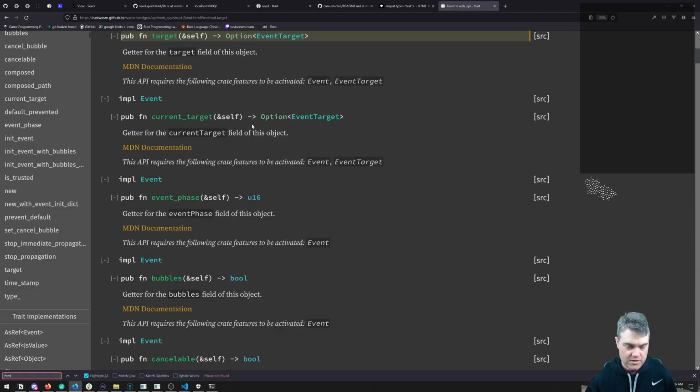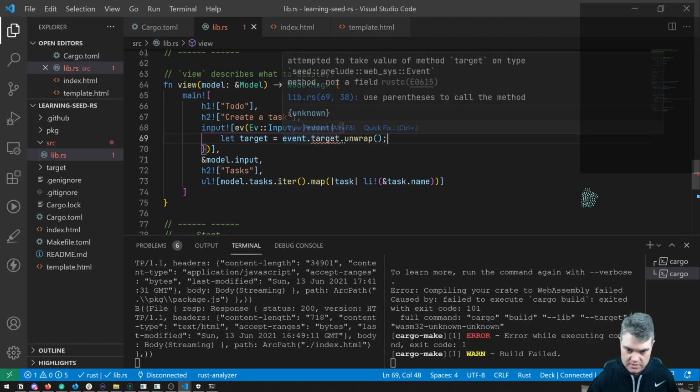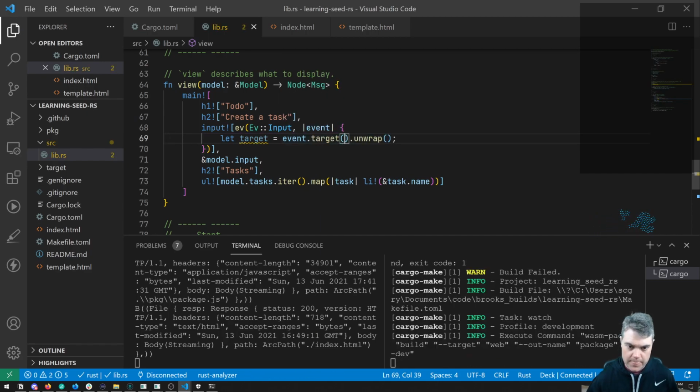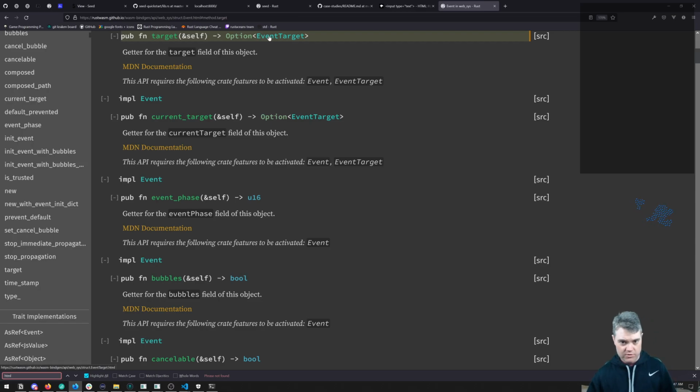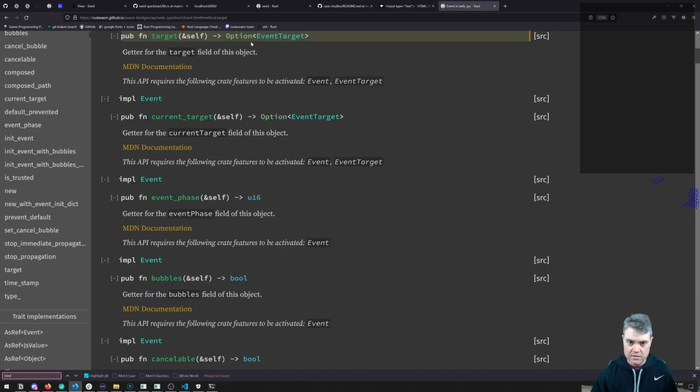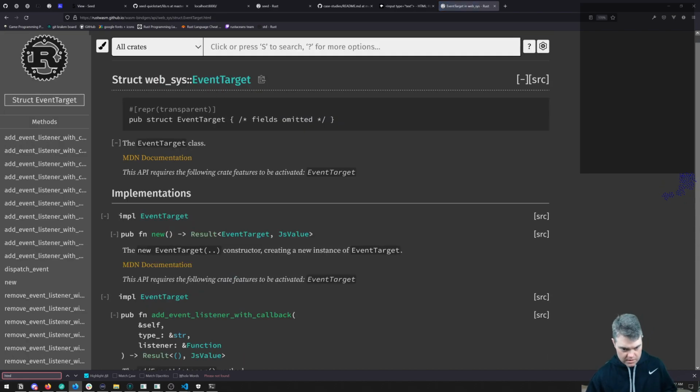Okay, now I have a target, which is this event target. I know that this is an input, so if I want to get the value out of it,